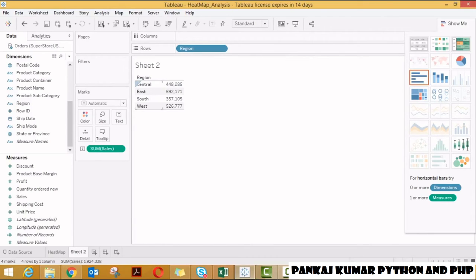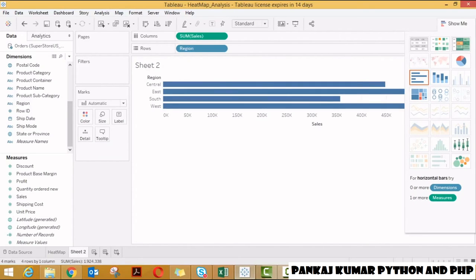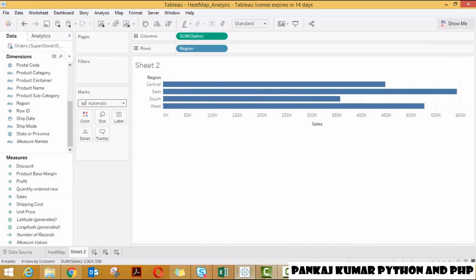So here I have selected the data. Now Tableau has suggested a few plots; you can go for the box plot, the stacked chart, the pie chart, or the bar graph. Let me just click on the bar graph. So here we have the bar graph in place.